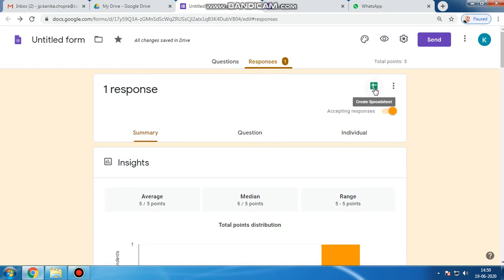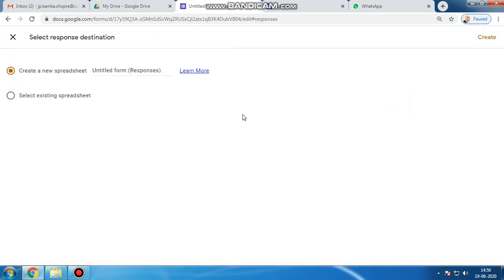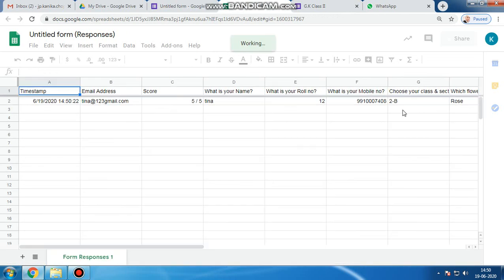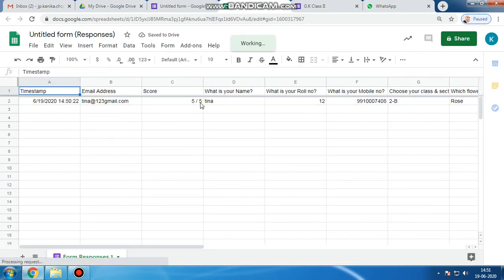In this Excel sheet you will be able to see the response. The file is being created, the Excel sheet, and see, you can see the response and you can save this Excel file. I have scored 5 out of 5 because I have answered 5 questions. So in this way Google Forms